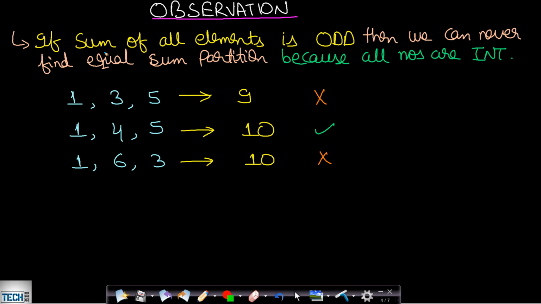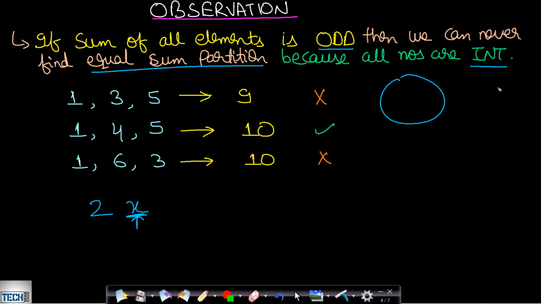Now, what are the observations for this problem? If the sum of all the elements is odd, then we can never find an equal sum partition because all numbers are integers. As I had already shown you, if you are having the subset sum value equal to x, okay, so